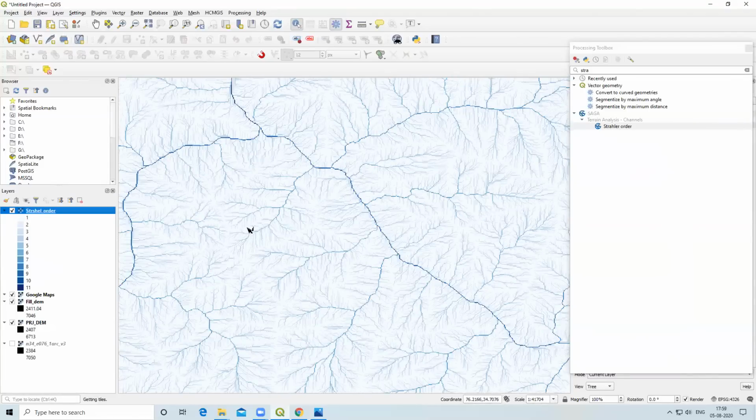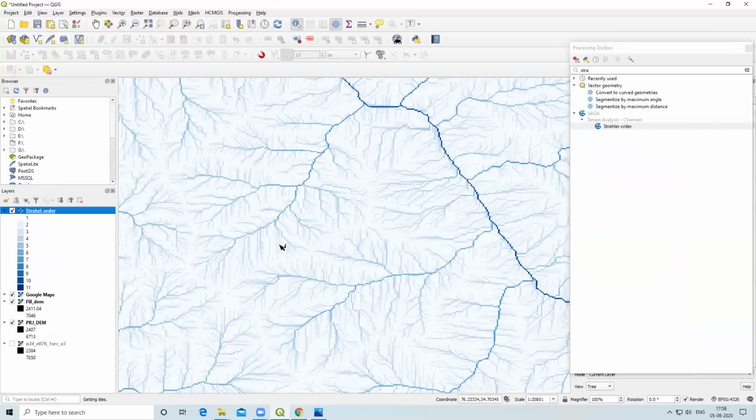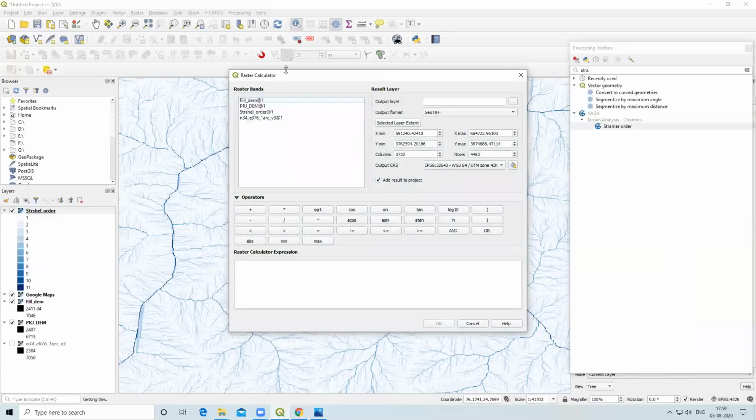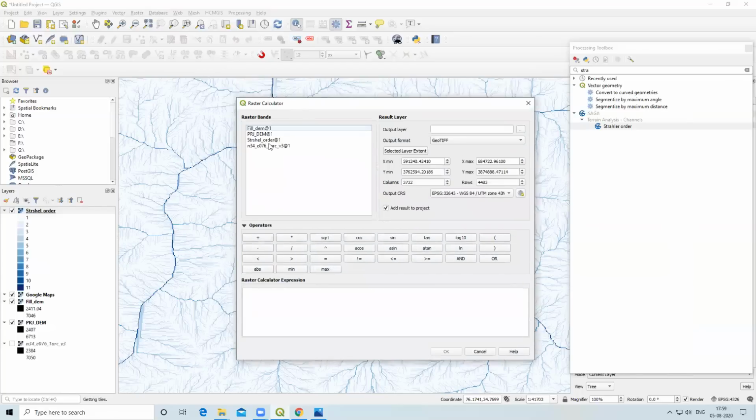Now we don't want these smaller streams. I want only the larger streams, only the larger Strahler order streams. I want a Strahler order greater than 6. So I'll click on Raster and then Raster Calculator. I will select the Strahler's order, then greater than or equal to, because I want a Strahler order greater than 6 only.